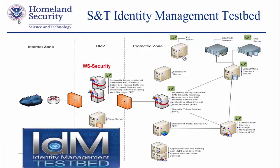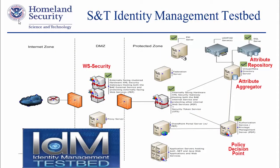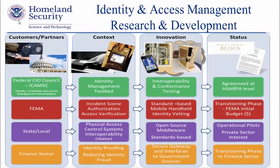Here we have a policy decision point. We actually have Axiomatics. If you've been to their booth, they're also here. And an attribute aggregator that will connect to attribute sources of user attributes, and there we use Radiant Logic. Then we have an attribute repository that we've simulated that contains emergency responder attributes, but we put that basically on a SQL server. So for the successful transitions, all of these that you see here, it's kind of an eye chart, but they have been successfully completed and transitioned over to the customer. So it's live and